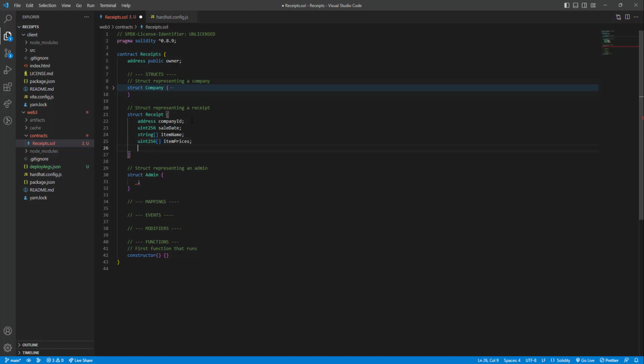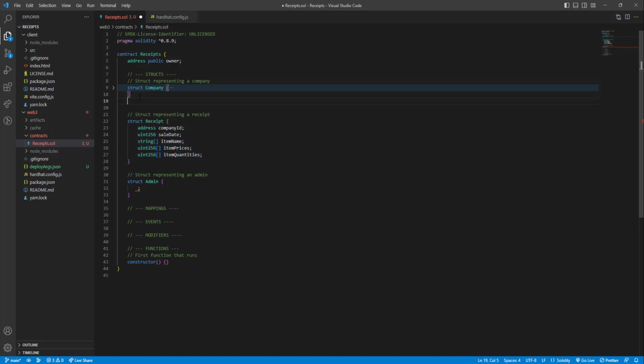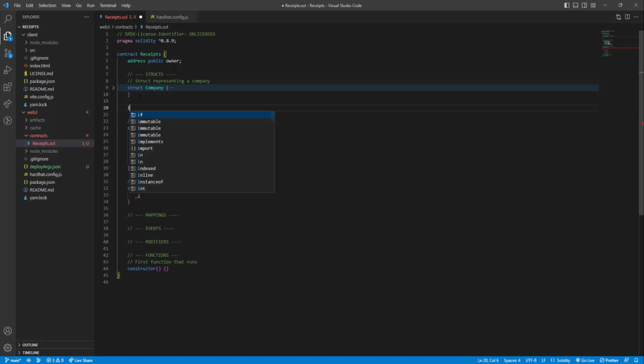Okay, and then a uint256 of item quantities. So here's what I'm doing. In here, we can create a structure called item. Don't write this, I'm just going to explain. We can have a structure called item. So struct